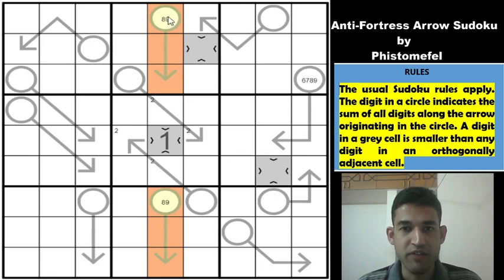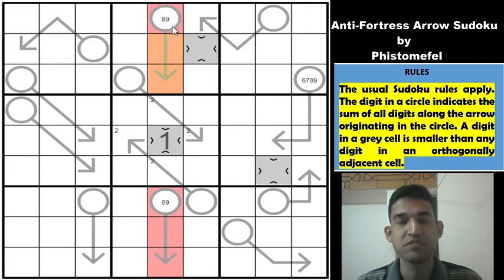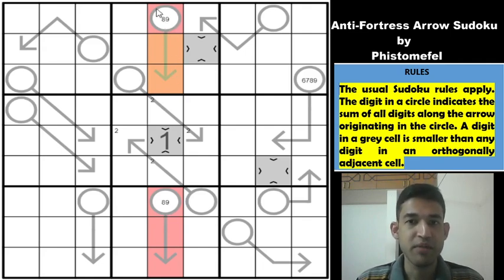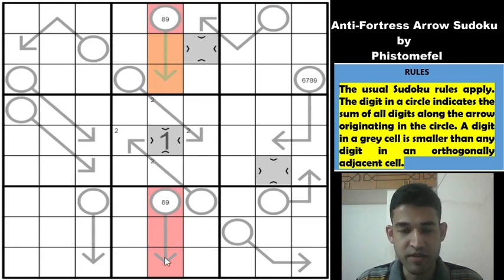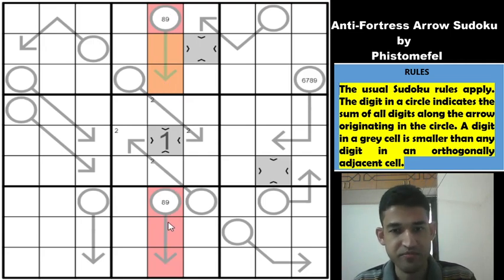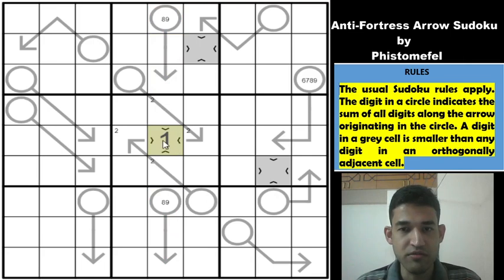Because for example, if you have an 8 here, then this value becomes 16 total, because these two cells will sum up to 8 and this will be an 8. And similarly, if you have a 9 here, these two cells will sum to 9 and this would be 9. So basically from these 6 cells we will have double the value of 8 and 9, which means that 17 multiplied by 2, which is 34, will be the sum from these 6 cells. So this is 1, so 35, which means these two cells will sum up to 10,